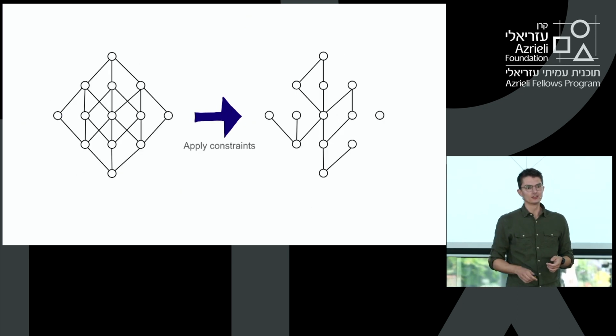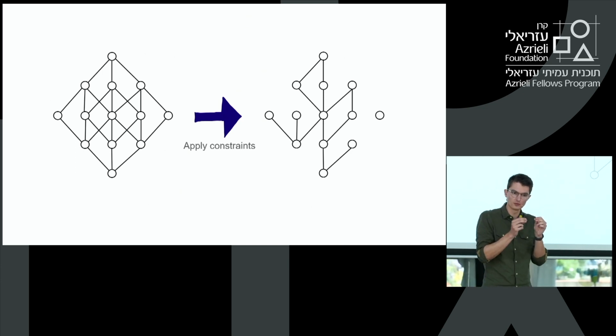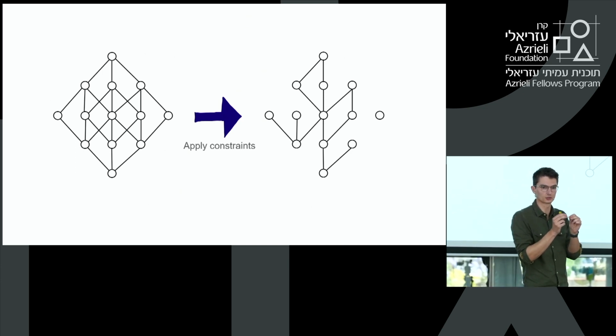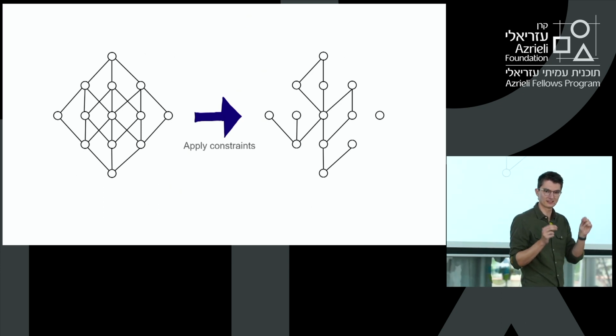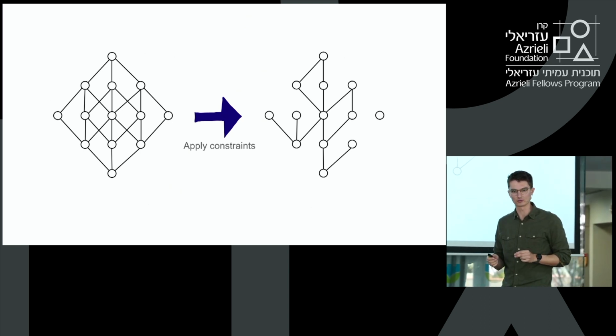Now what I do is I take these quantum systems and I apply constraints. And I mean that in the literal meaning of the word constraint. I will restrict the movement, I will constrain the movement of the particles in some fashion. And the effect this has is to disallow some of those transitions between configurations. And that breaks links on the graph.